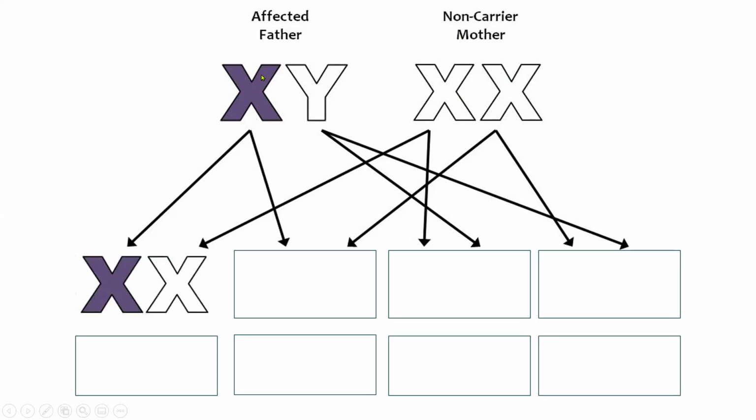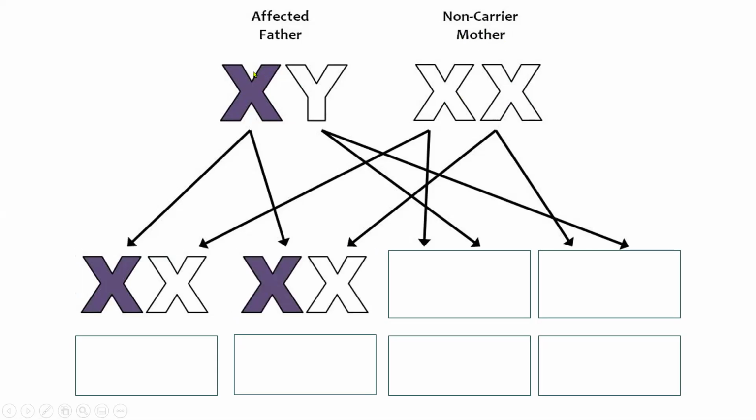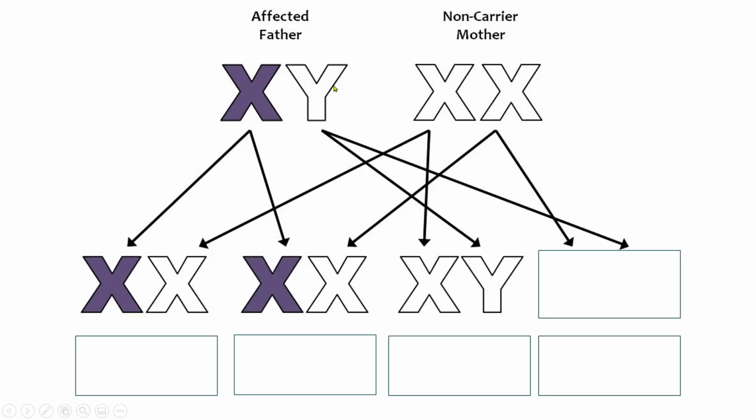So when you fill in what possible combinations could be produced, you can see that father can pass only his affected X to his daughters. So all of his daughters that he ends up producing are going to get an affected X from dad, and they're going to get a normal healthy X from mom. Okay? Any sons that come from this affected father are getting his normal Y, and they're getting their normal X